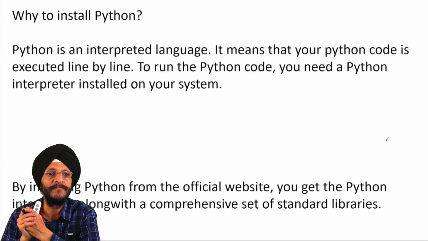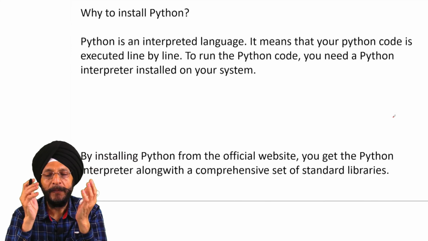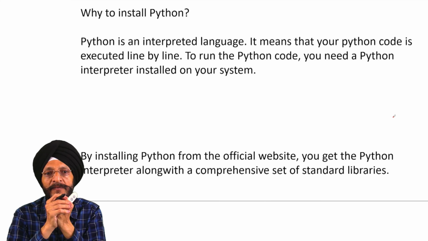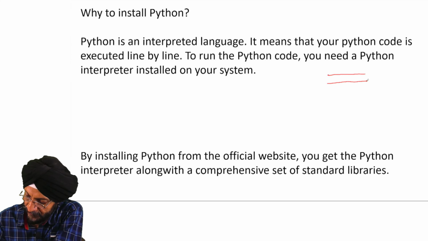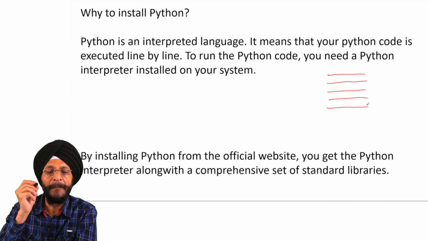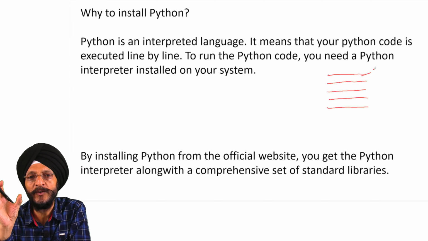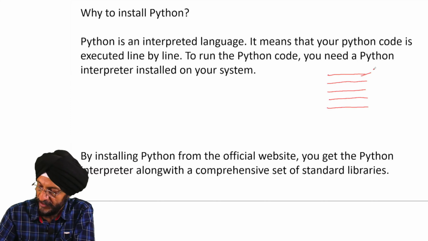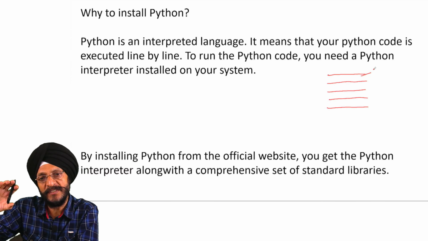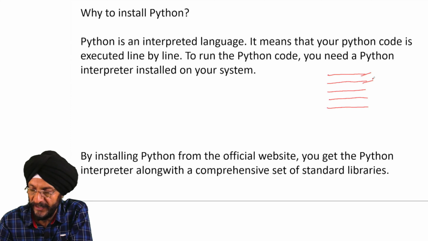Now the question arises, why should we install Python on our computer system? Python is an interpreted language. What does it mean? It means that if you write Python code, say in many lines, the Python interpreter will read the first line, translate the first line and give the instructions to the machine. Then when the execution of the first line is okay, the Python interpreter will read the second line, translate it